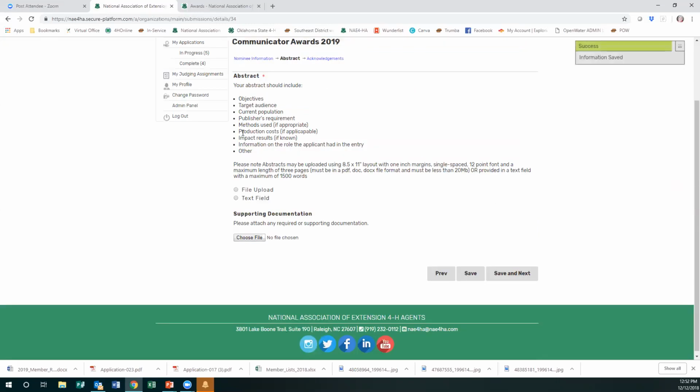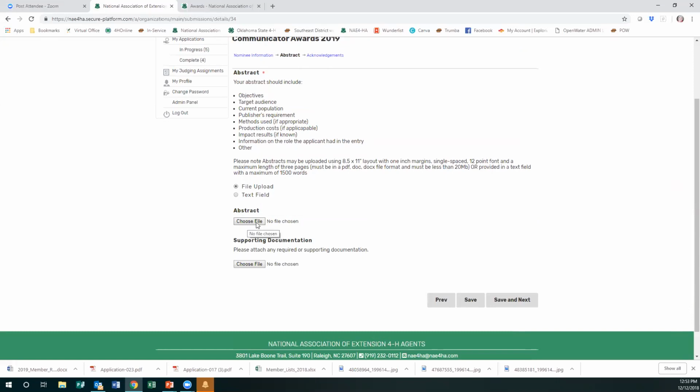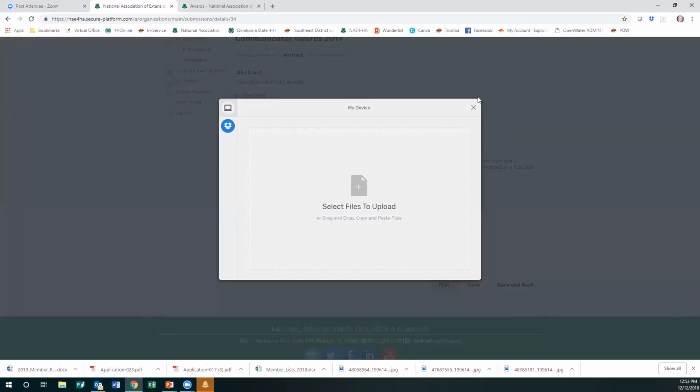And then here are the instructions again for the information that needs to be included in your abstract. And then it asks the question, do you want to do a file upload or do you want to do a text field? So if you click file upload, it gives you an opportunity to choose a file and add that file to the